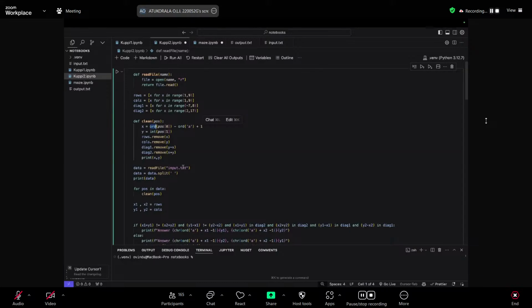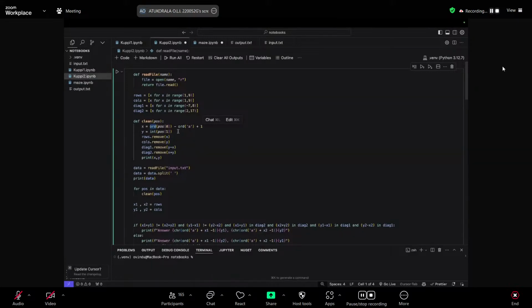So what ord does is, it takes a character, right? So it takes one single character. So it can be a single string, like maybe A or B or a number or a symbol. It can be any of that. And it returns, if I'm not mistaken, the ASCII value of it.